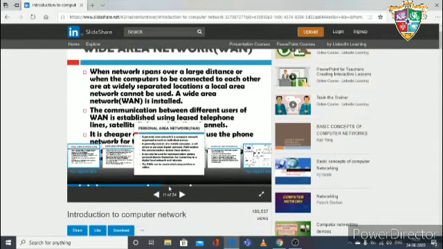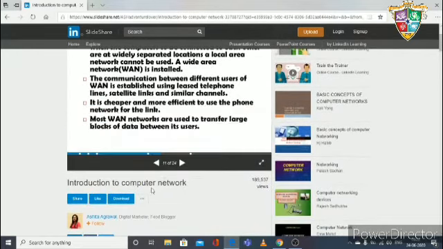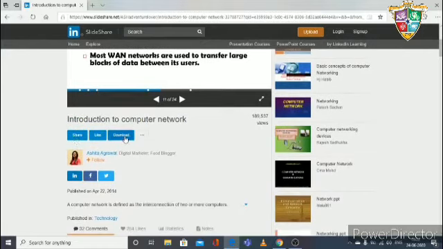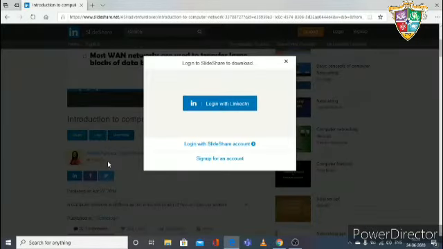Yes, so I am using this PPT, and if you want to download it, then you go to the download button. You scroll the screen and you can find the download button, and you click on it. When you click on it, a box will come, that is log into SlideShare to download. Before downloading a PPT from SlideShare, you need an account on LinkedIn, and if you do not have one, I am telling you how to make an account on the LinkedIn site.